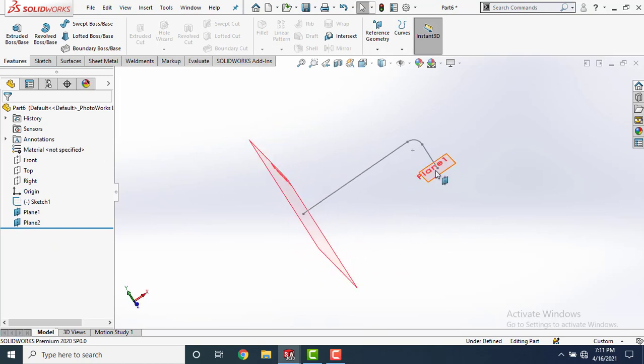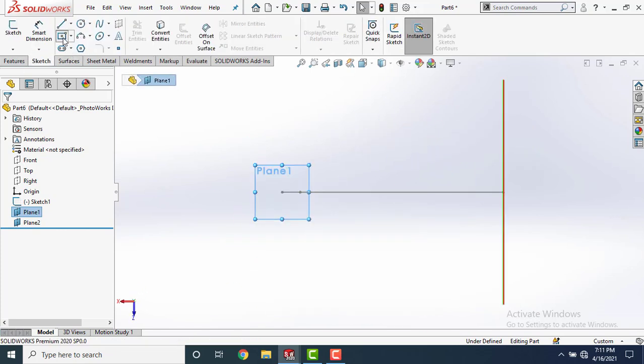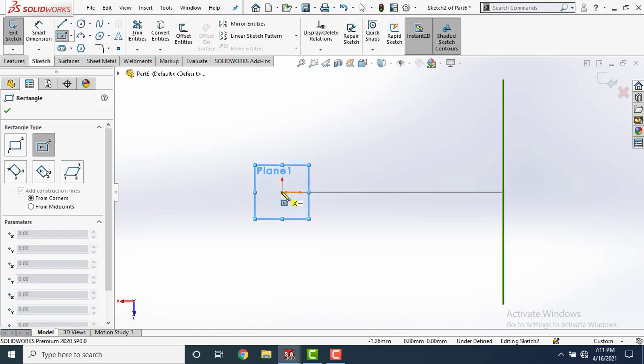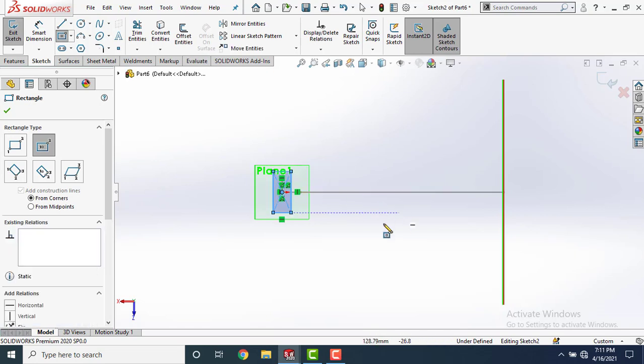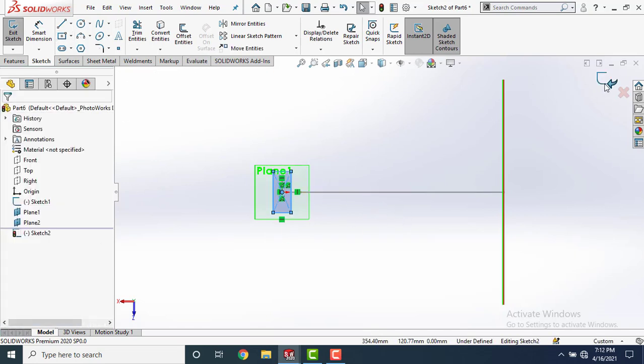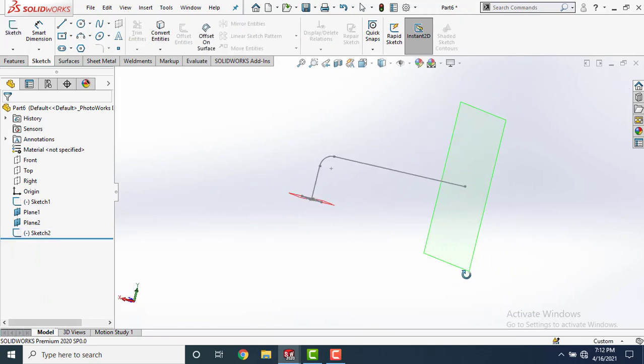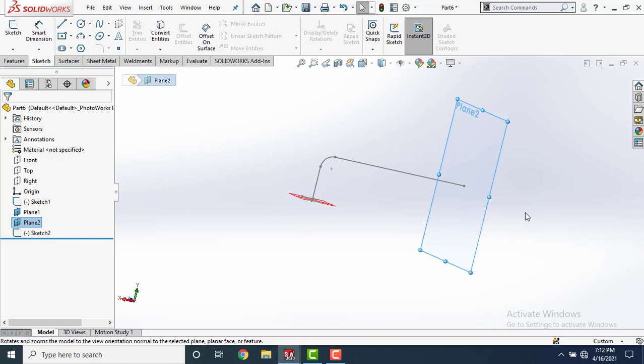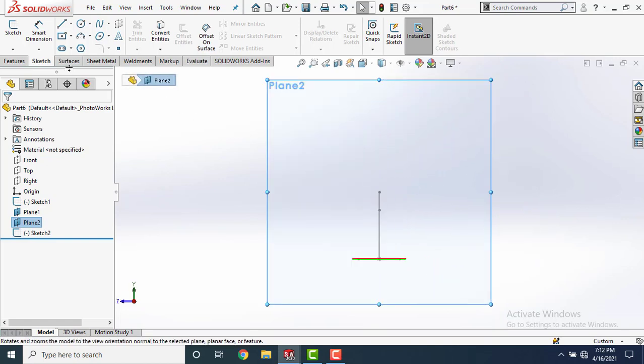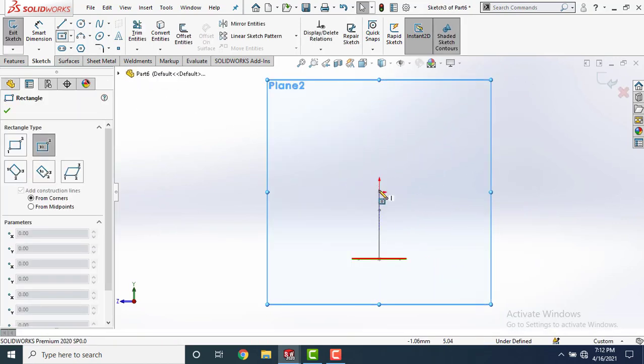Now click on plane 1, make it normal to. Now create a rectangle here. Click OK. Come out of this sketch. Now select plane 2, make it normal and create a sketch here.